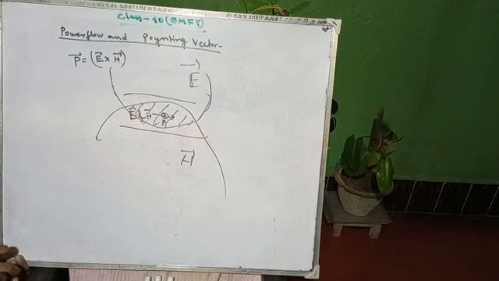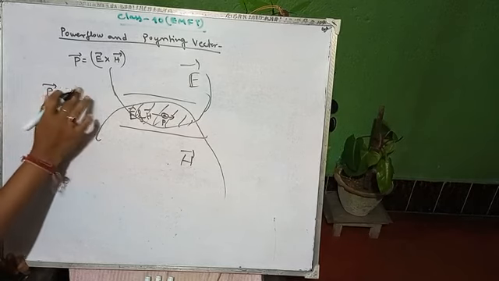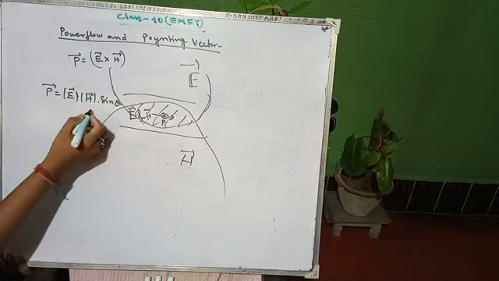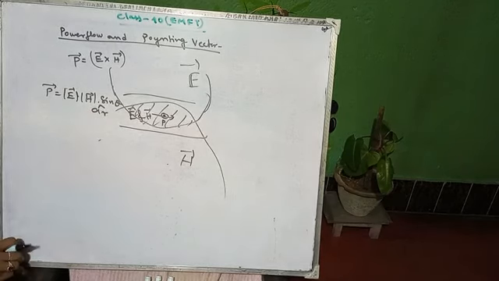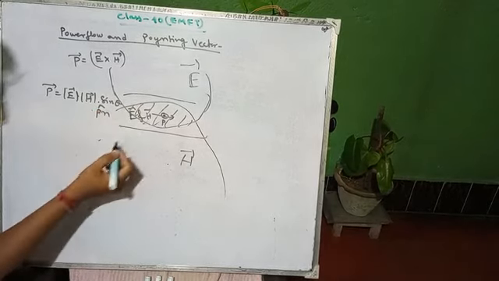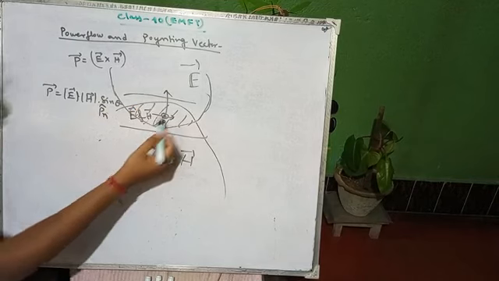Then write: the direction of the power flow is in the direction of the unit vector. The direction of this P will be the perpendicular direction at that point, that is a_n cap. We have to write P subscript n cap, because we are taking the point P here. So P_n cap means the perpendicular from the point.